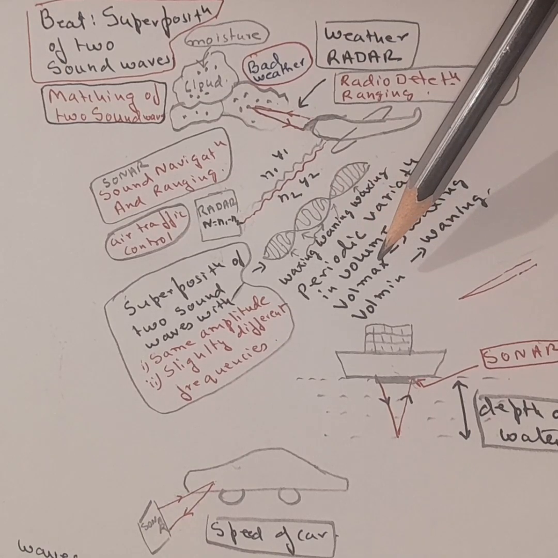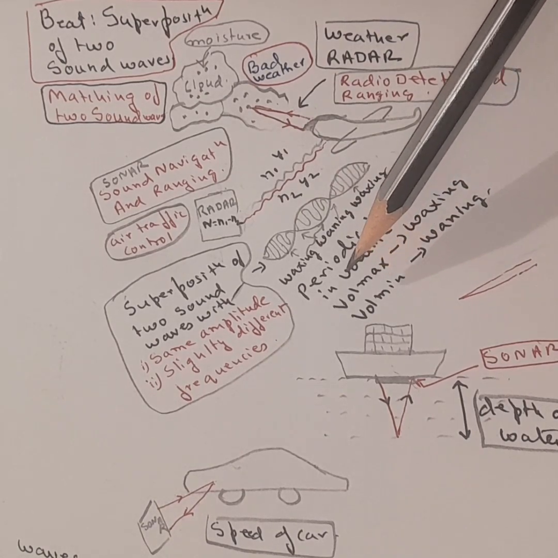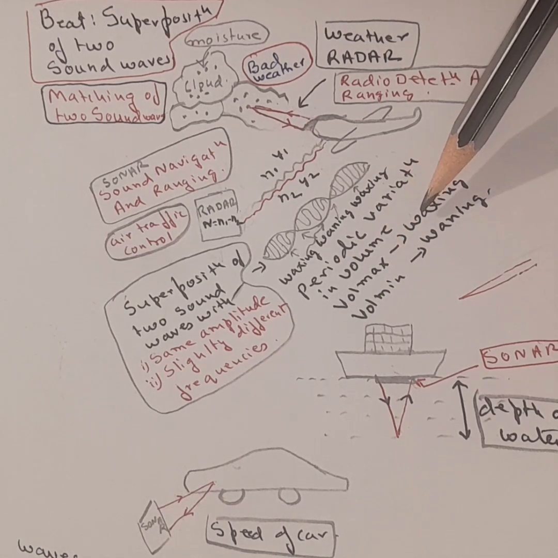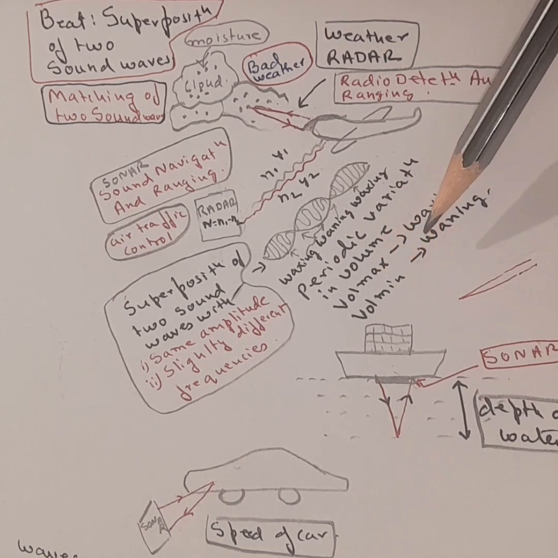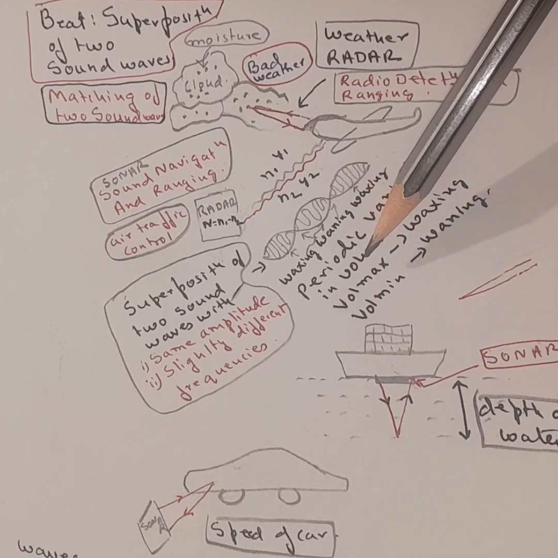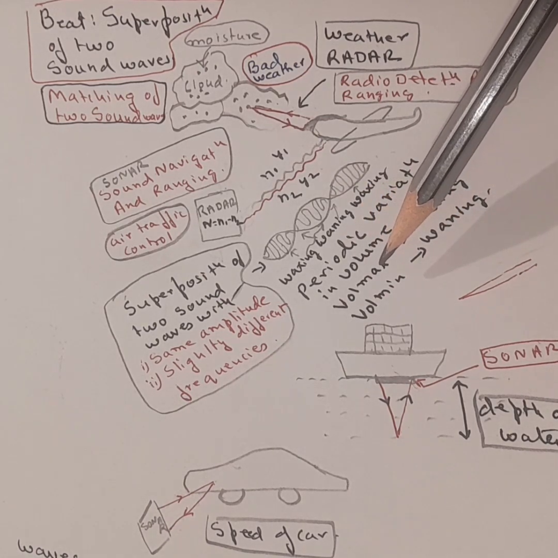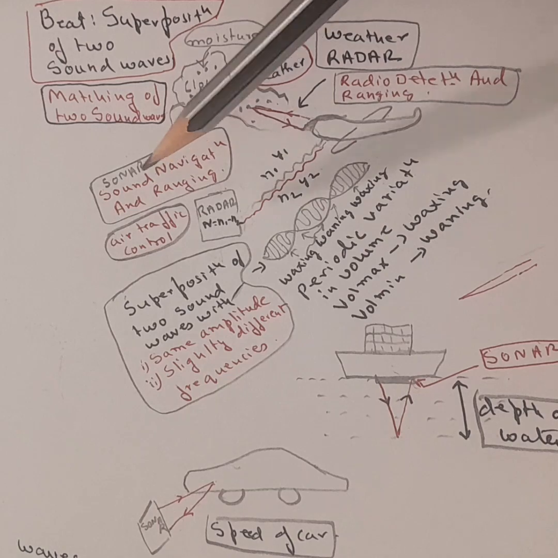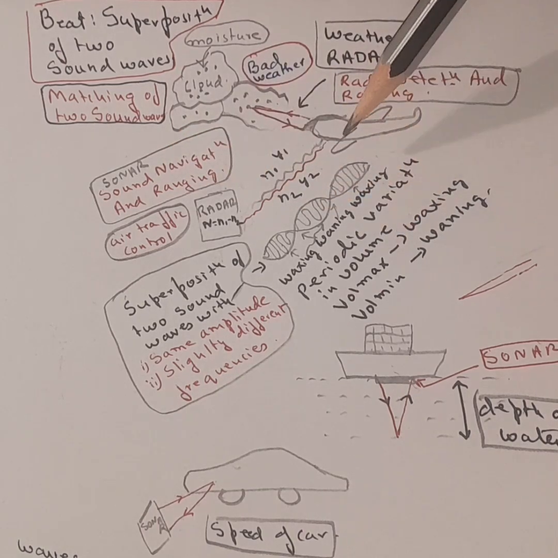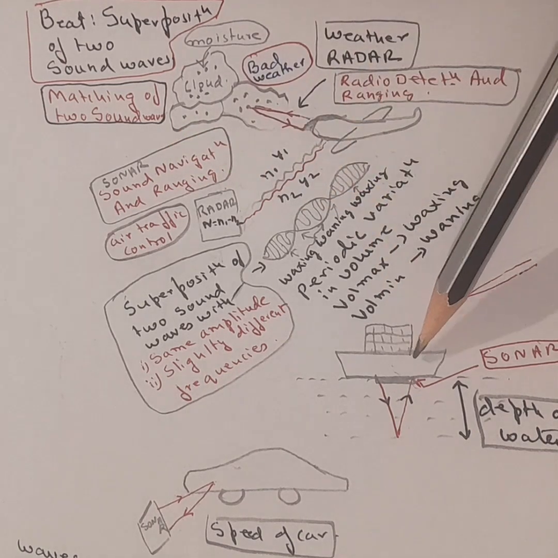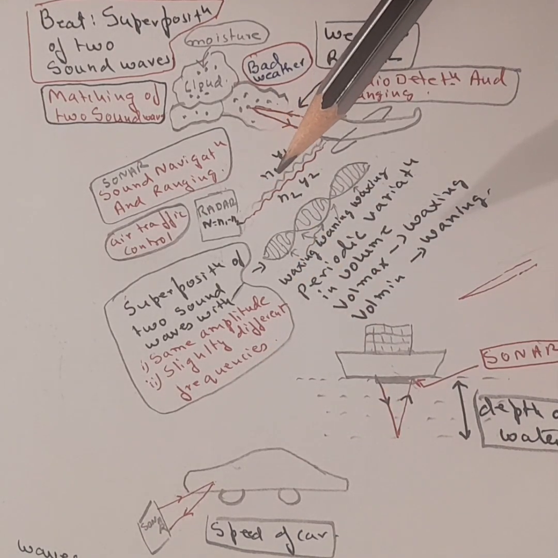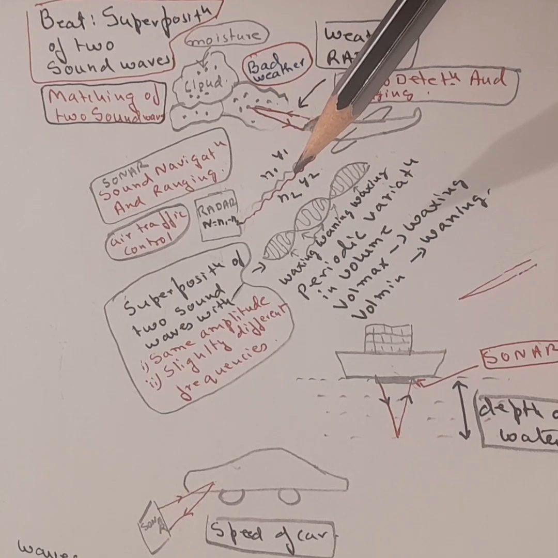And what happens owing to beats? There is waxing and waning. That is, volume maximum is waxing and volume minimum is waning. Whether it is progressive or stationary, we have to find out by derivation. Then we saw a few examples of radar and sonar, in airships, watership, cars, and many other places where it holds application. Alright, now let's get into the derivation.